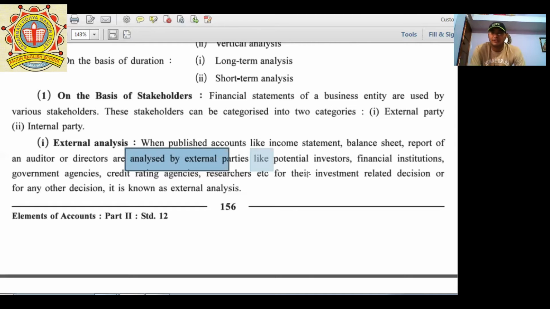Like potential investors, financial institutes, government agency, credit rating, researcher, etc. So these are the external parties which want to know about the financial situation, but they cannot directly rely on all the internal matters. So it is analyzed by the external parties. So this is called external analysis. Got it? Next one,